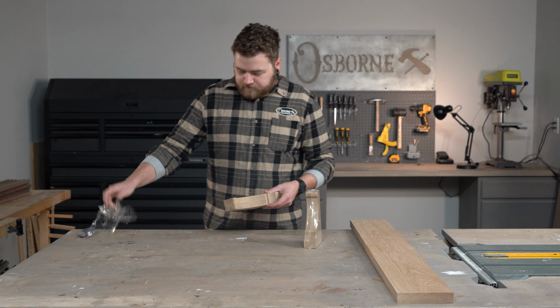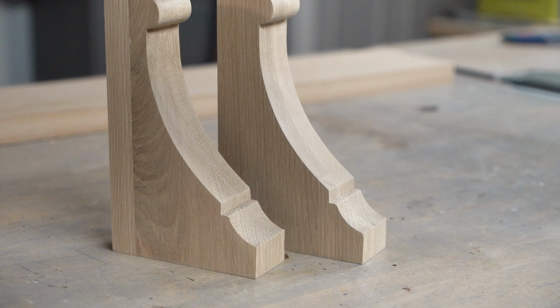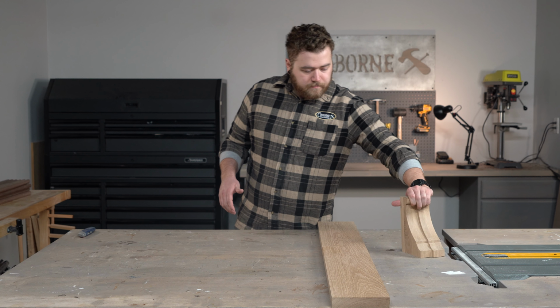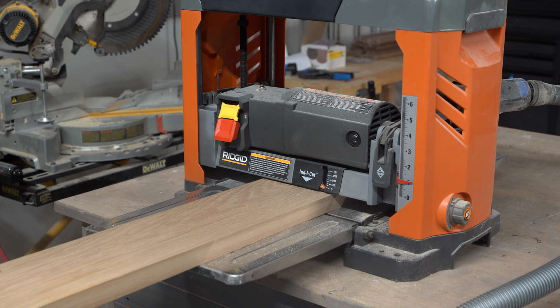For this project, we're using the Lawrence Contemporary Corbel, Part 8775 on our website. We chose to go with white oak for the wood species on this project to give it a modern look. For the shelf and backboard of the coat rack, we're going to be using the 48-inch 5/4 lumber from Osborne